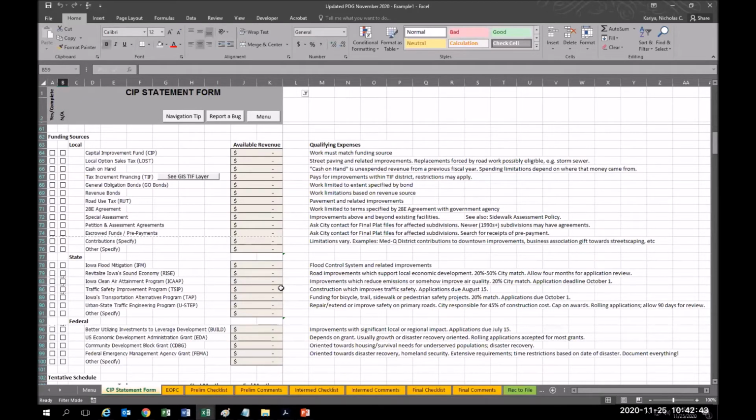In this funding section, can be a little bit tricky. It's kind of a chicken and the egg kind of situation. I mean, in some cases, you will know straight away if you have bonds. You know exactly how much money that you have available to use. So you can know in this particular fiscal year, we know for a fact that there's only going to be $500,000 available. With other funds, it may not be as clear. You might be doing this to get a sense for how much it is actually going to cost to do this project. But in almost every case, unless it's an emergency project, the project that you're working on has